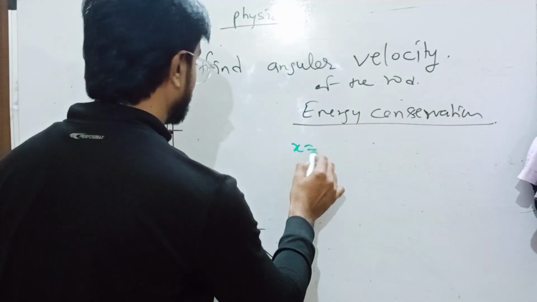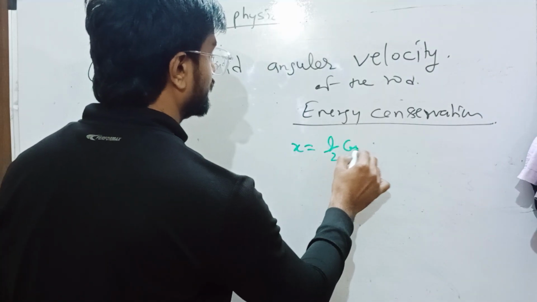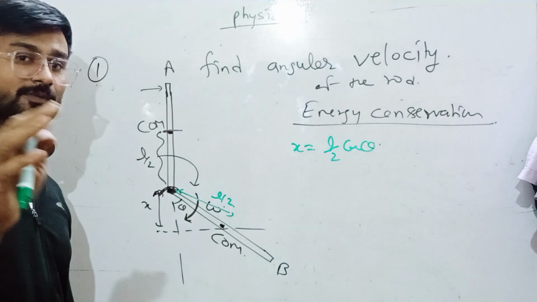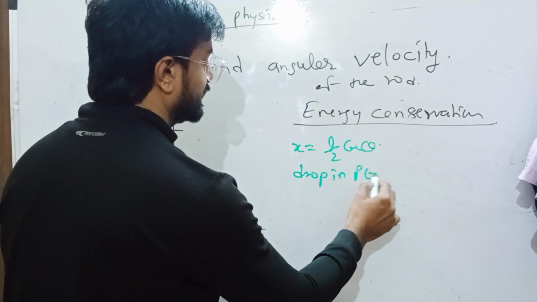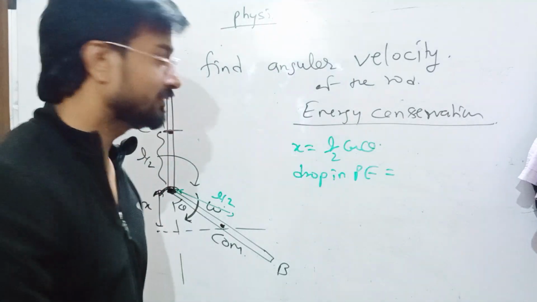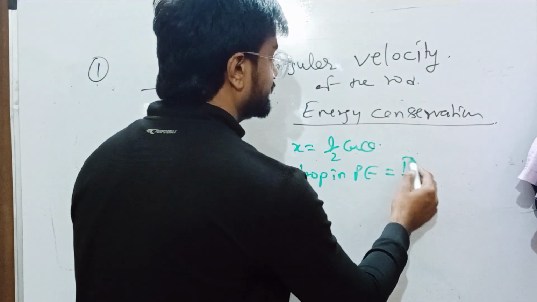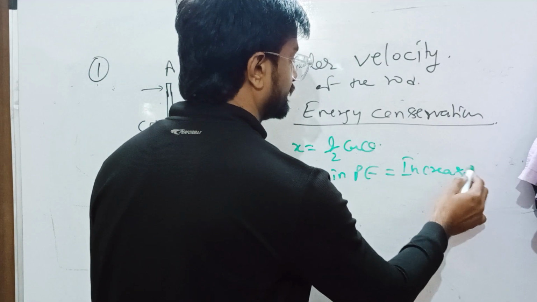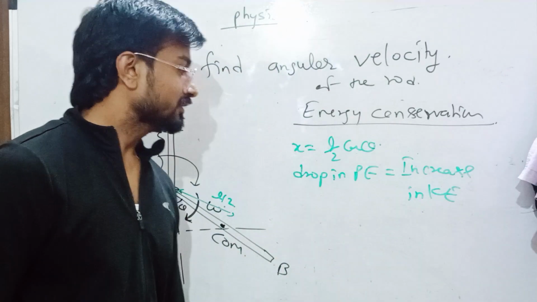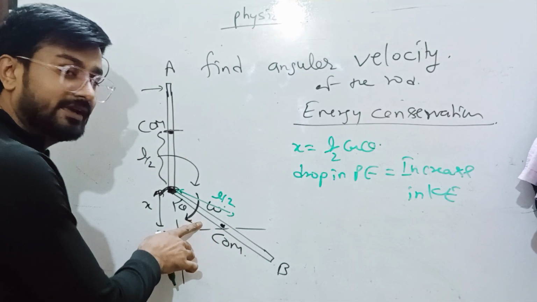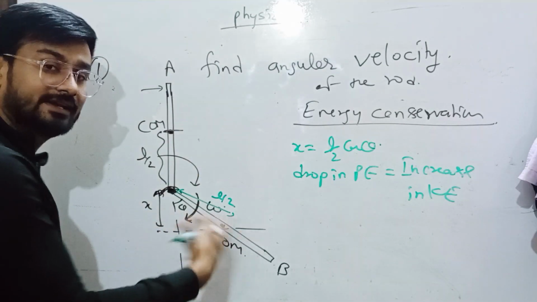So x can be written as L by 2 cos theta. So the drop in potential energy must be equal to the increase in kinetic energy of the rod,